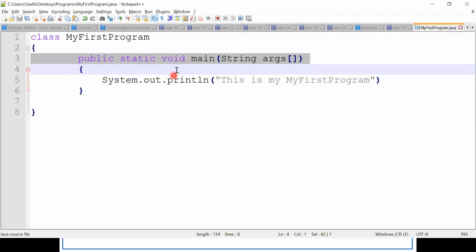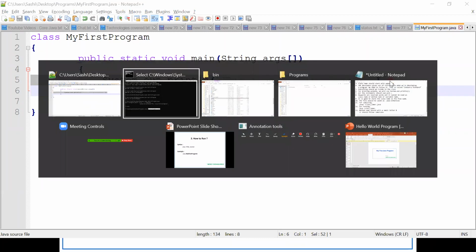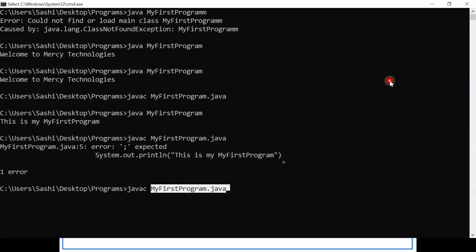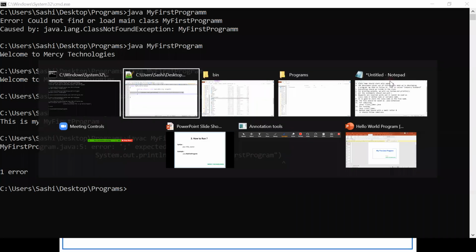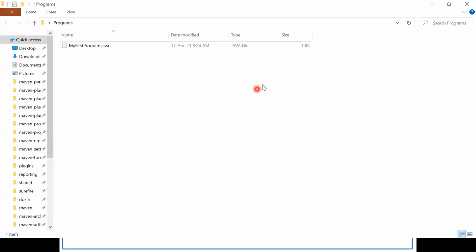No. Then it identified here we did not close it properly. We did not use semicolon. That's why it has given compilation error. In case you have any compilation error, then class file will not be created.